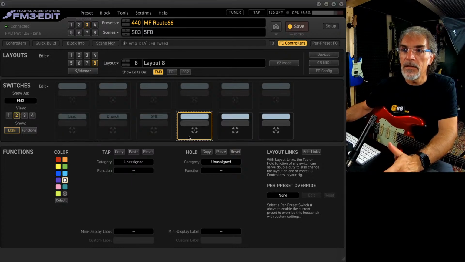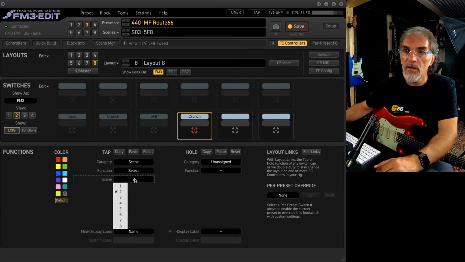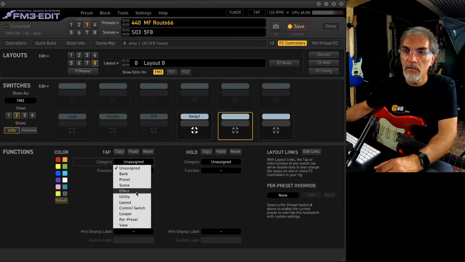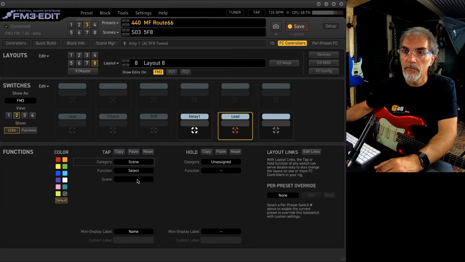And here I can select, for example, scene number 4, scene number 5, for example. And I want to configure the last one to the tap tempo.